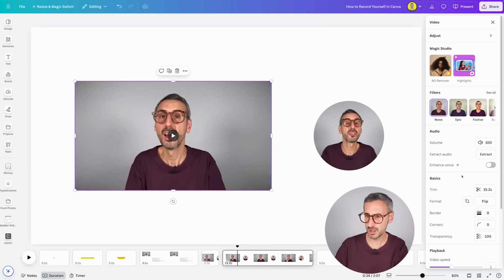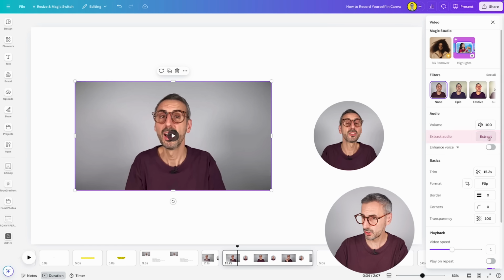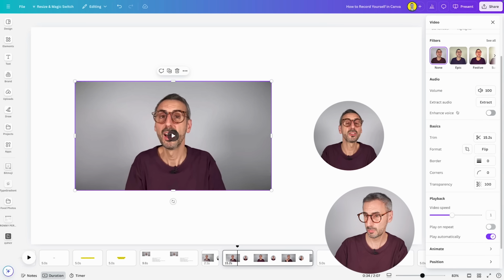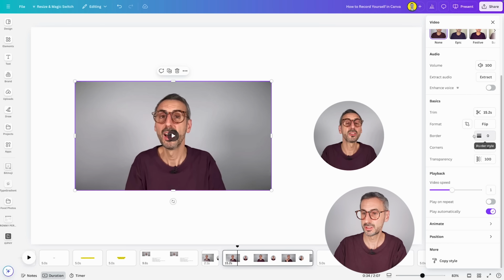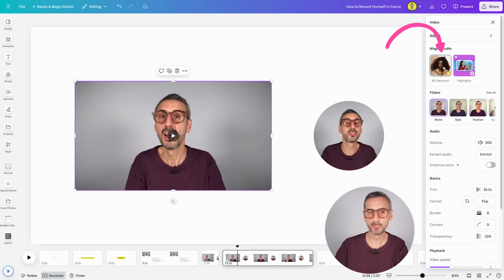But yeah, so here you can adjust the volume, you can extract audio, you can enhance voice if you have a pro account. You can do a bunch of different things. You can play around with the border, which is nice, and I'm gonna show you in a second. You can adjust the playback speed, etc. You can even remove the background of this video if your clip is no longer than 90 seconds, and obviously if you have a Canva Pro account,